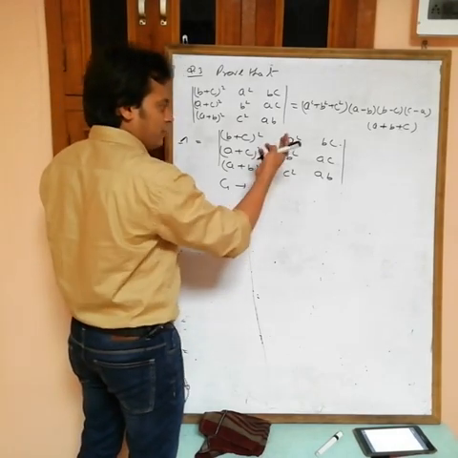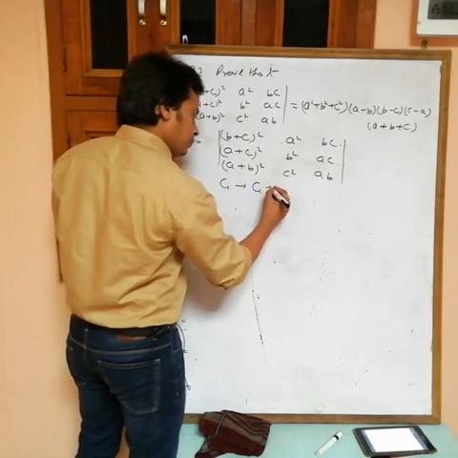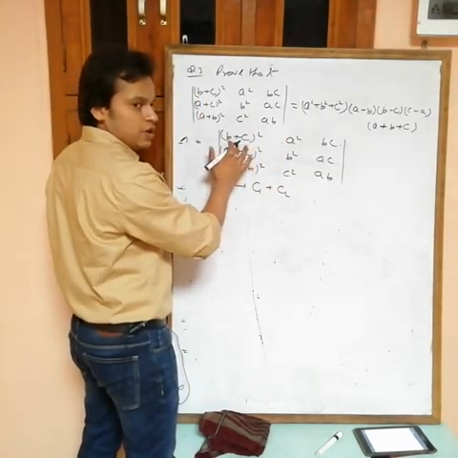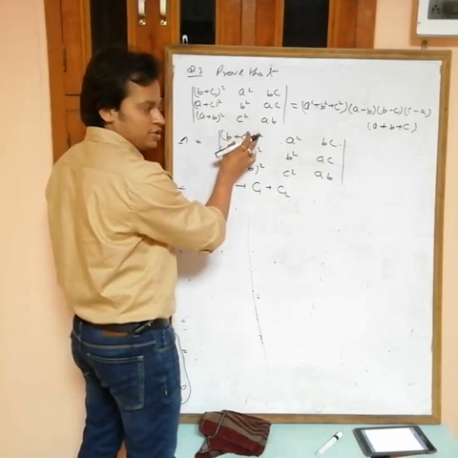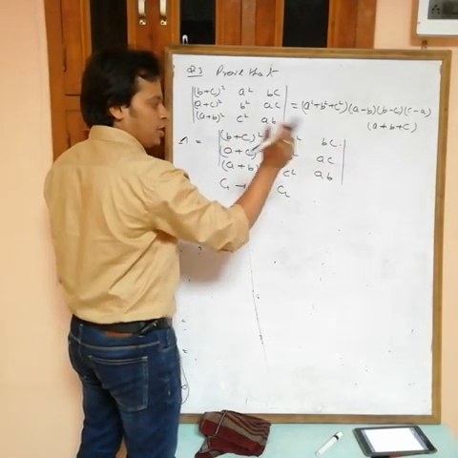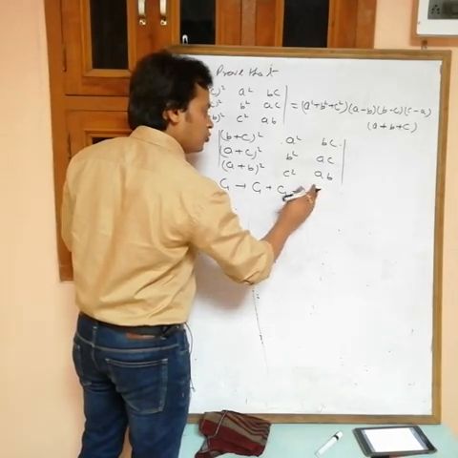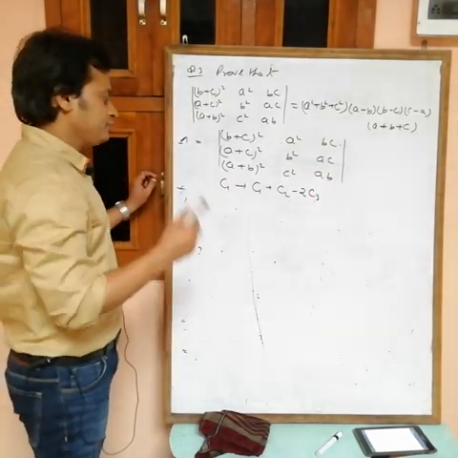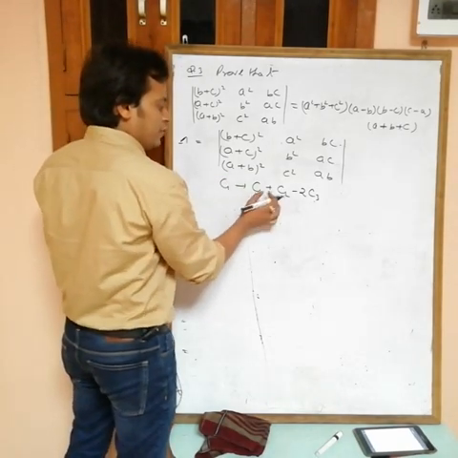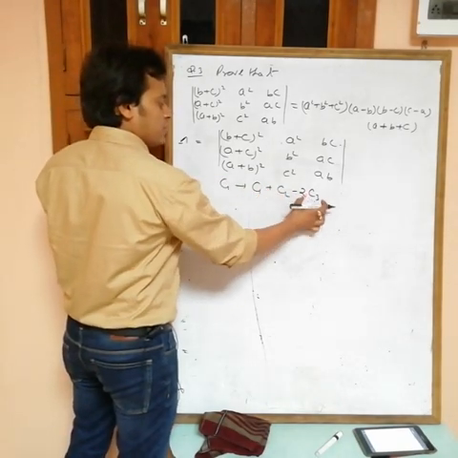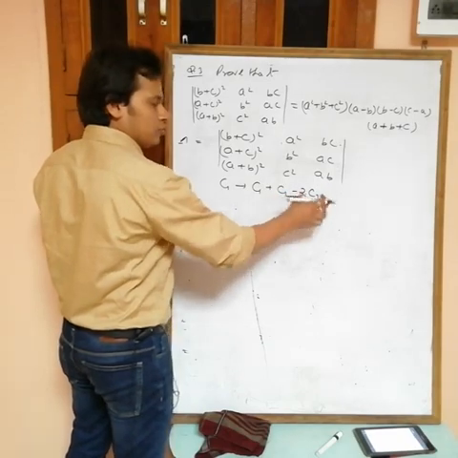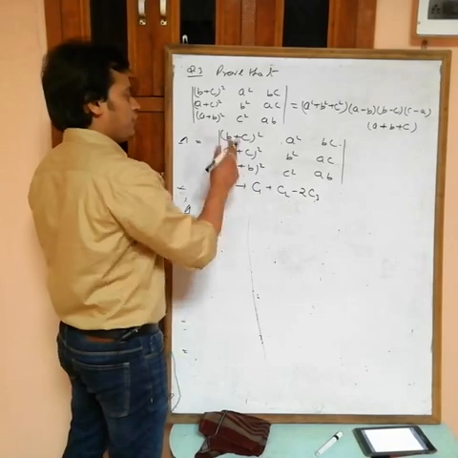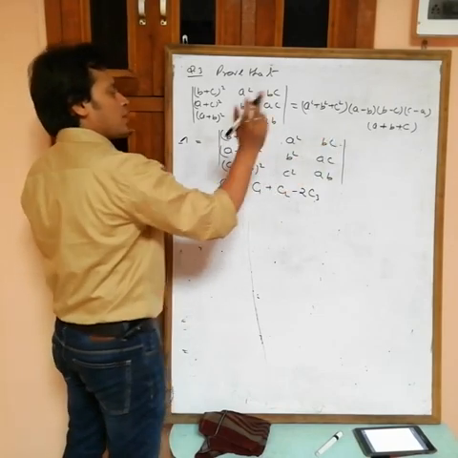What do we want to do? We want to add C2, then a square plus b square plus c square plus 2bc. Now we want to cancel out 2bc, for that subtract twice of C3. Now in C1 we can add or subtract the constant multiple of other columns, so no problem. Now see, delta is equal to, if you take C1 plus C2 minus twice of C3,